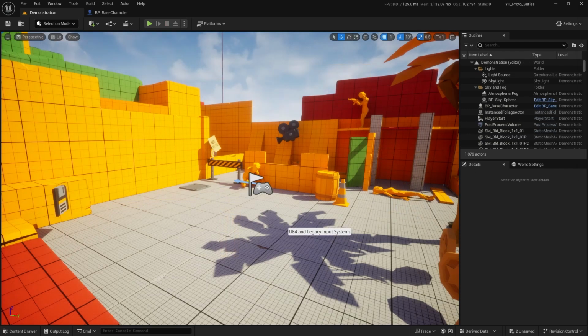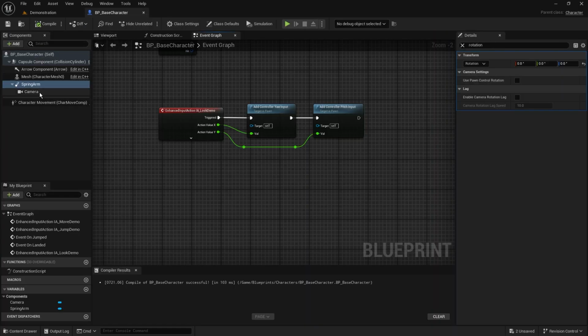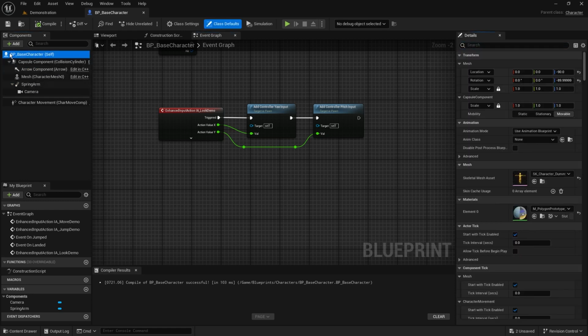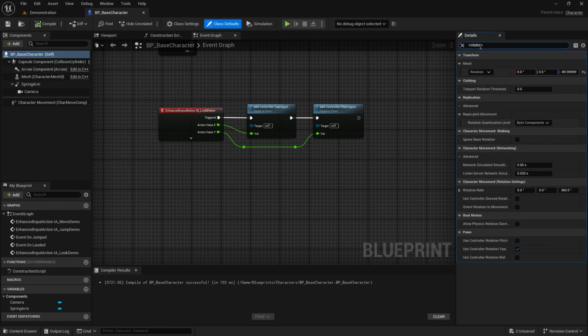Now, to get our camera actually rotating around a little bit freer, what we've got to do is in our base character, we want to come over to our details panel. And what I'm going to do is I'm going to select the root of our base character here. And that's going to allow me to see anything that's actually carrying values and variables for all of the components in here. And I'm going to search for rotation because I want to find